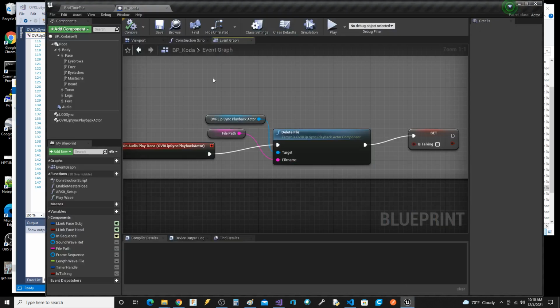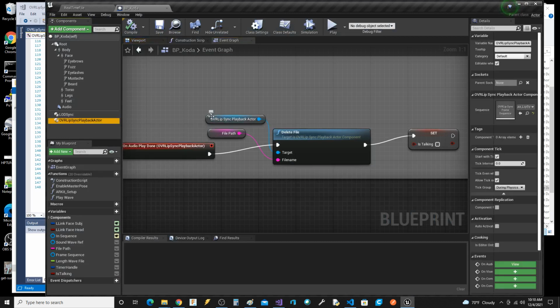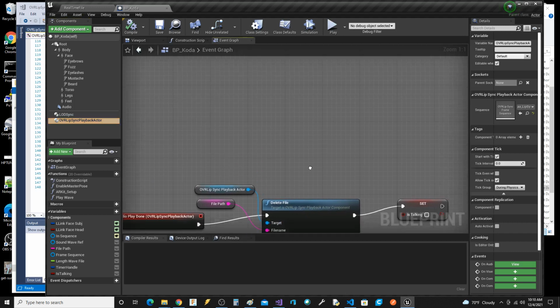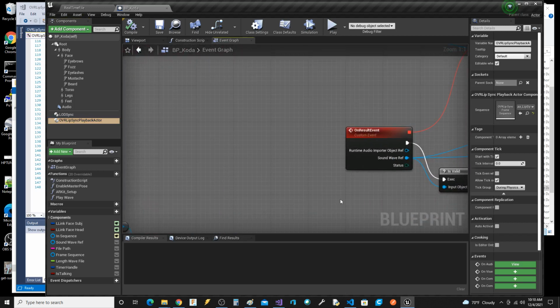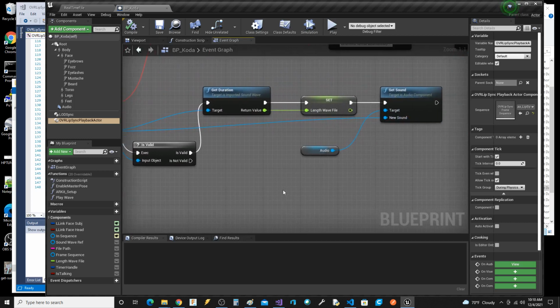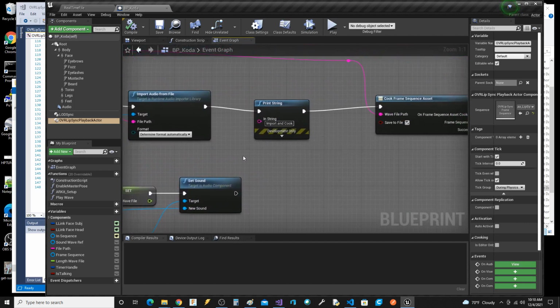The other thing I was running into is that I couldn't find this event that I created. I'm expecting these events to show up on these nodes, but it wasn't doing it. I think that's because it's a different type of node.